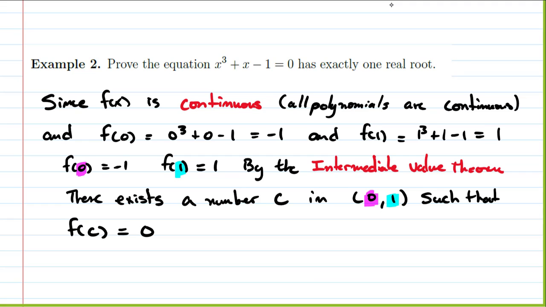And that follows from the fact that since f of 0 is negative 1 and f of 1 is 1,